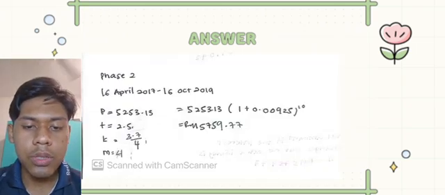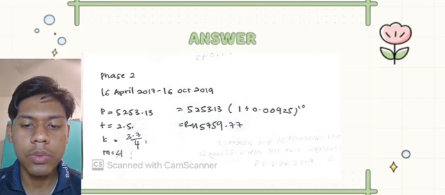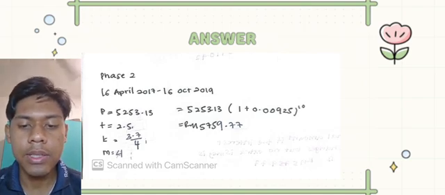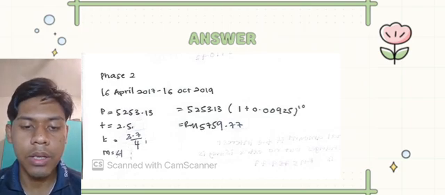The date shows 16 April 2017 to 16 October 2019 with an interest rate of 3.7%. After calculating using the compound interest formula, I got